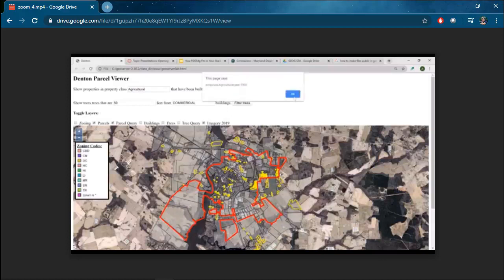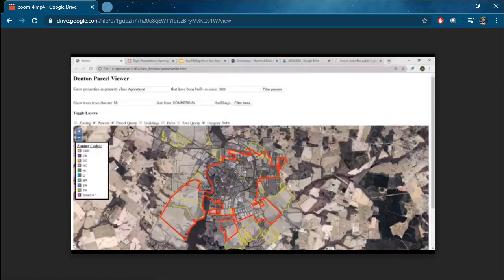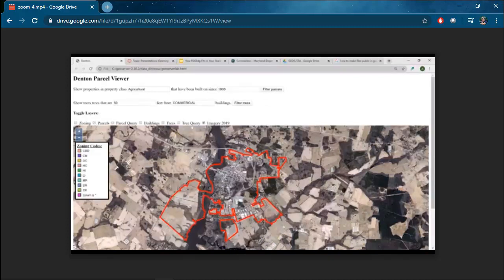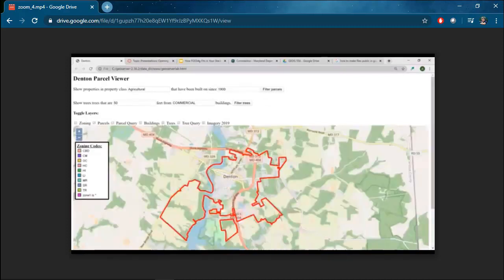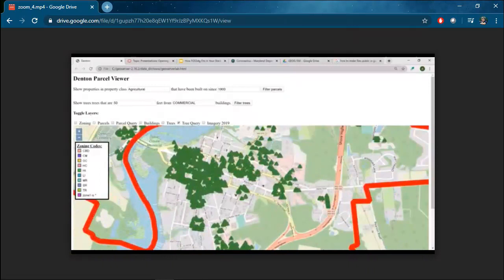So here they're looking at agricultural data since the 1900s, and some of those boxes that pop up they were just doing for testing. So I wanted to show a little bit of that. So that's how we see how these things work together. Here again, you can bring up the different trees that are in the town, and they can look at all the trees that are within a certain distance of commercial properties, and those show up,